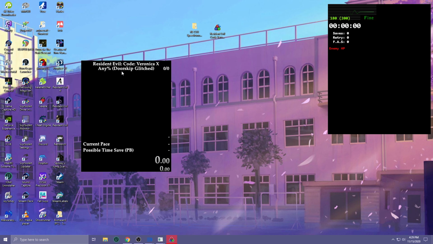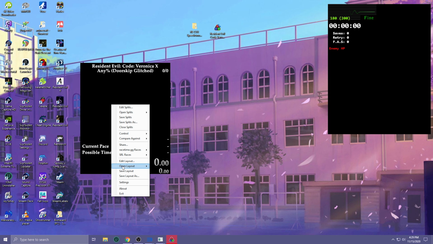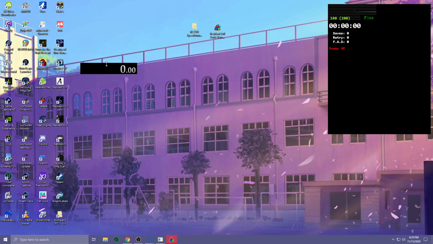Now, let's say that you don't want to do it yourself and you just want to use my splits. You can do that. So let's go to Close Splits. Now, your UI is going to look a little bit different than mine because I have custom fonts and such, just set up how I want to have it set. So we're going to hit No. So if you want to use it from mine,